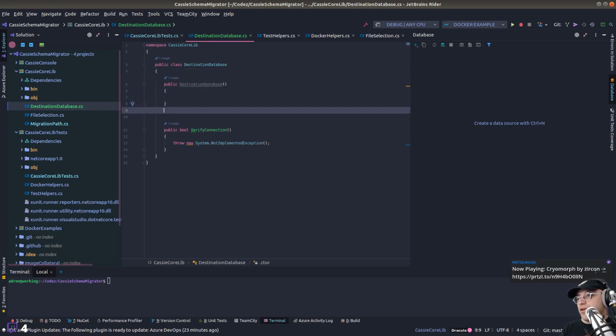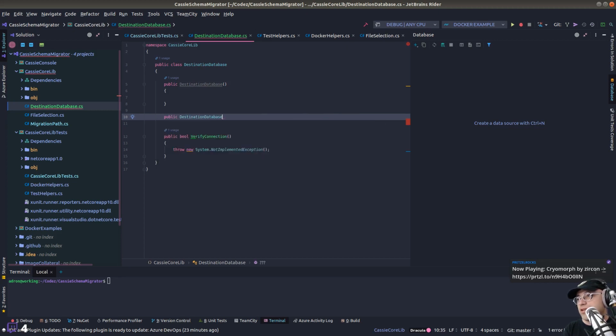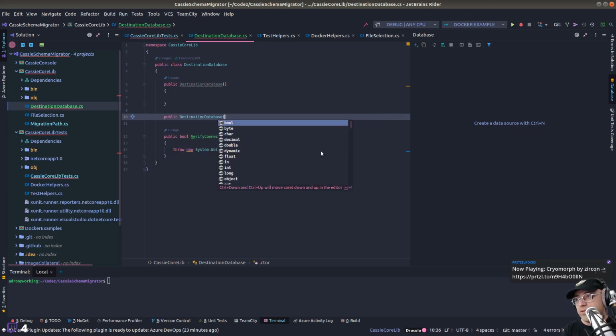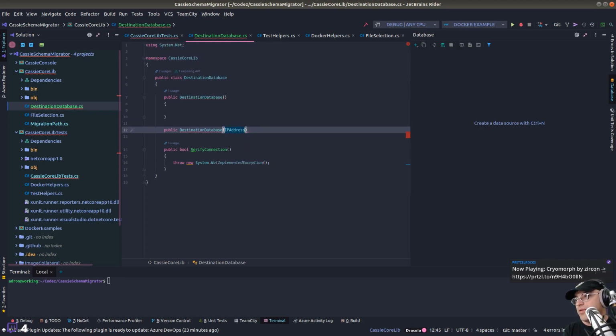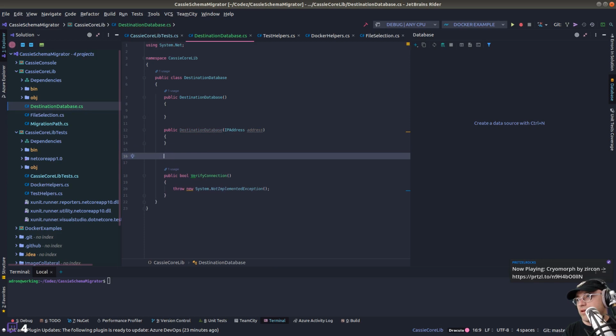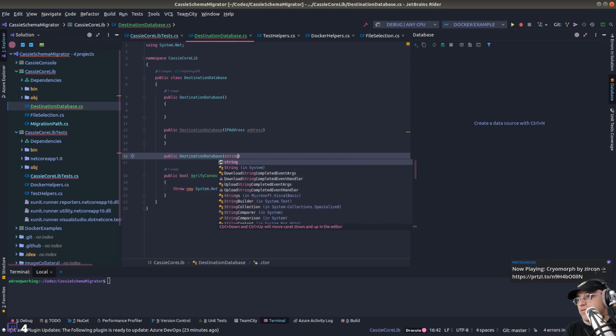And we're gonna do an override constructor too, public destination database, and we'll take in a, is there an IP? Yes, IP address. And then let's do one that says public destination database with a string